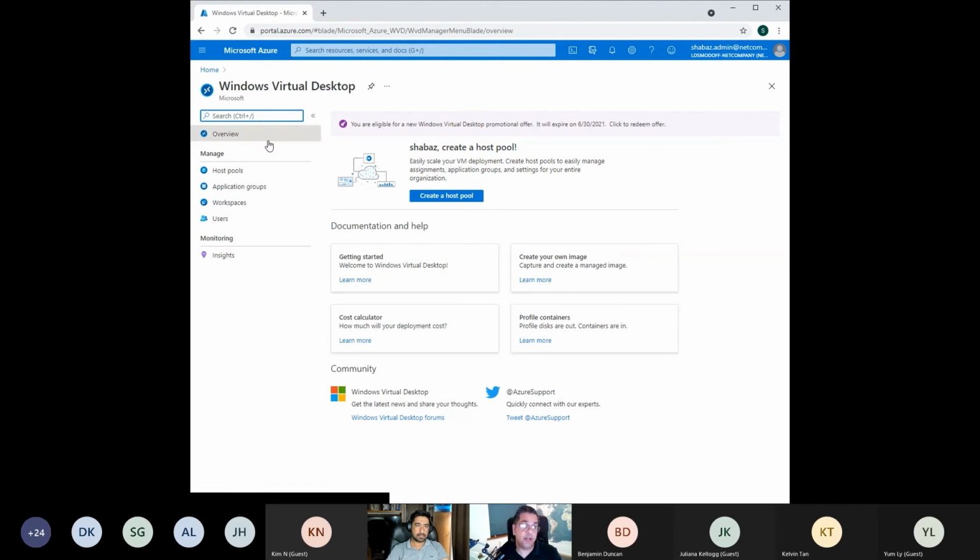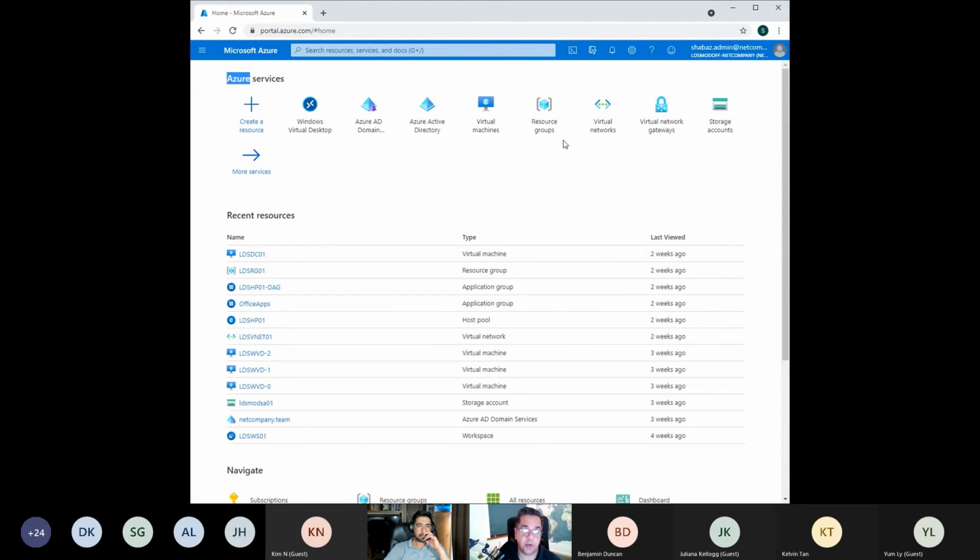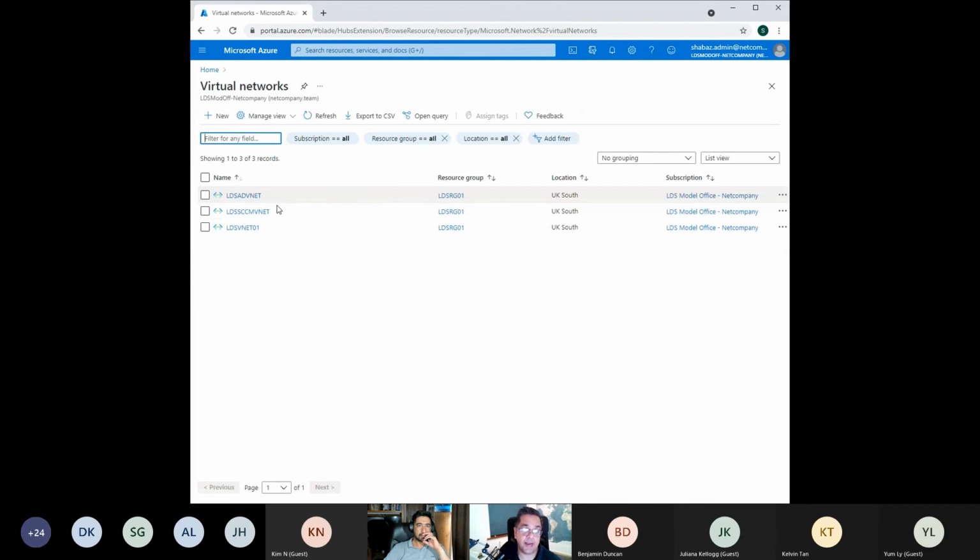So here we have the overview. This is like your dashboard, and straight away you can see we can create a host pool there. Just quickly, I am just going to touch on a few things before I go into Windows Virtual Desktop. I've got my network set up here. I've got my main VNet where my